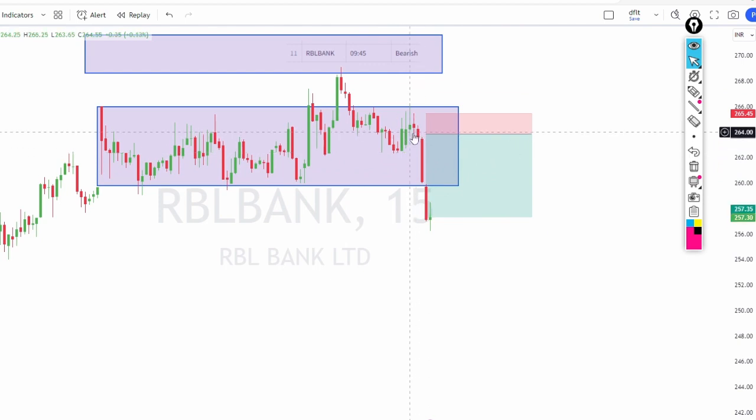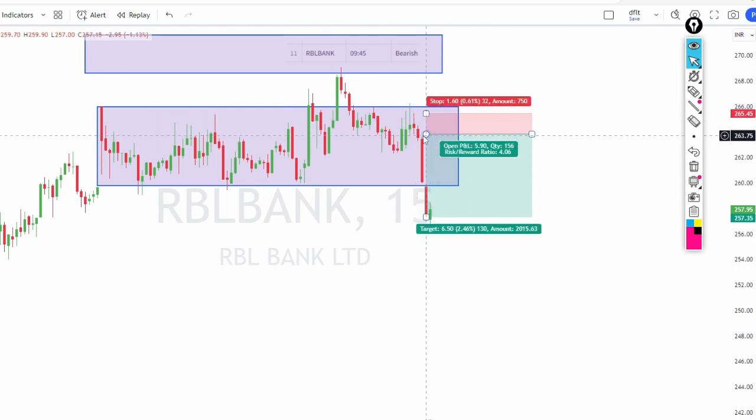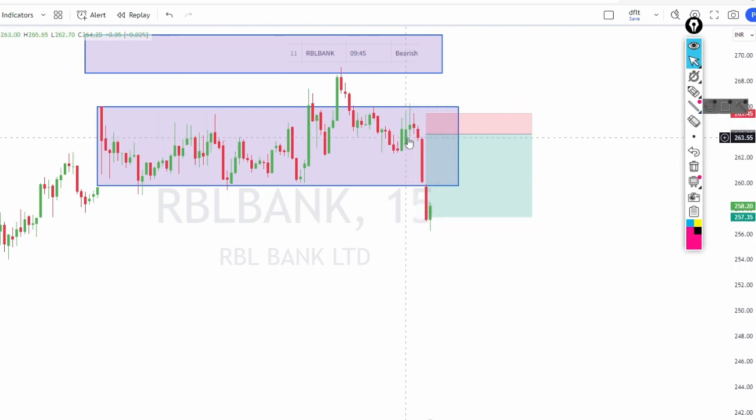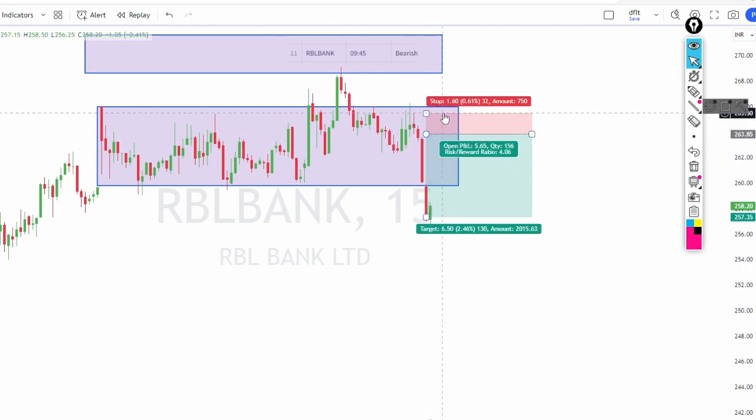Before that I had kind of a shooting star or almost rolling wave, but it's an inverted hammer type of candle. So combining this, it becomes a bearish setup, and so I shorted below the low of this candle. It is at 263.8. My stop loss was the high of this candle, which was at